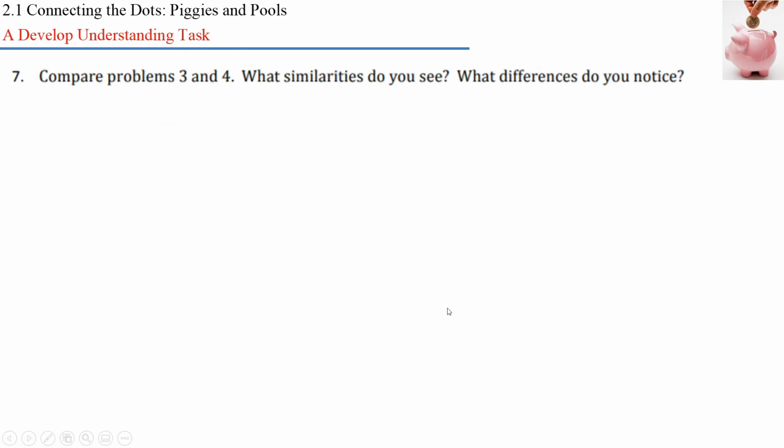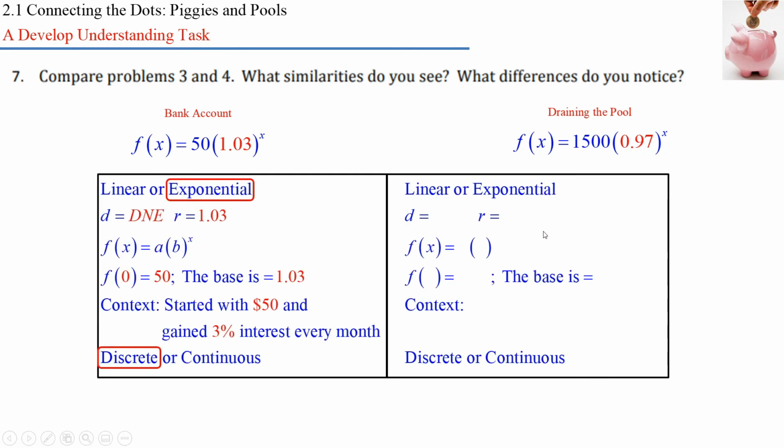Last problem, compare problems 3 and 4. So problem 3 was our bank account problem. We started with $50, and every month we had 3% interest added to that. And then draining the pool. So we started with 1,500 gallons of water, and every minute we were draining 3%, leaving 97%. We already have our chart filled out for the bank account, so let's fill out the chart for